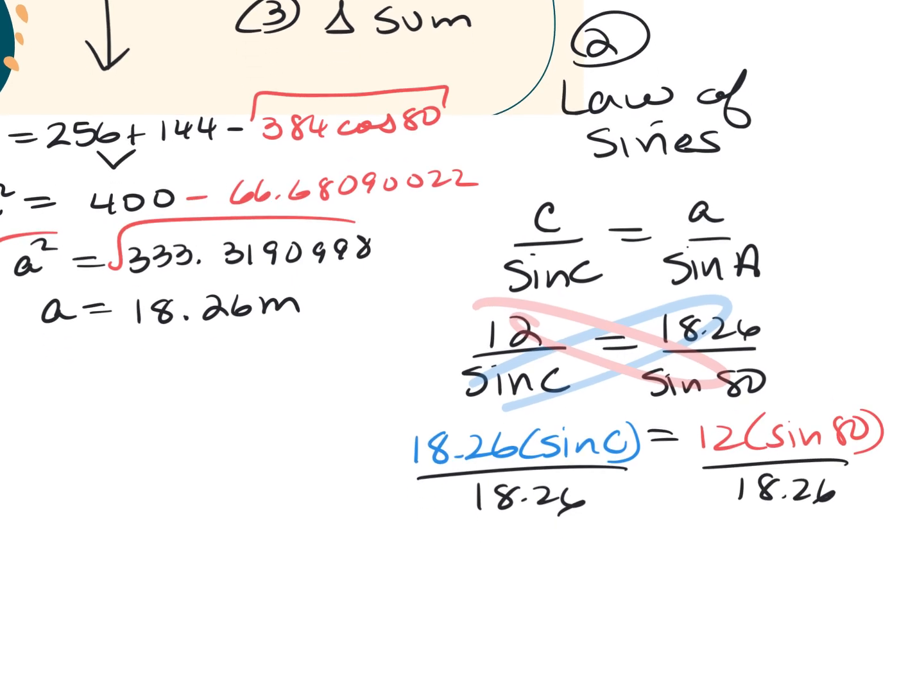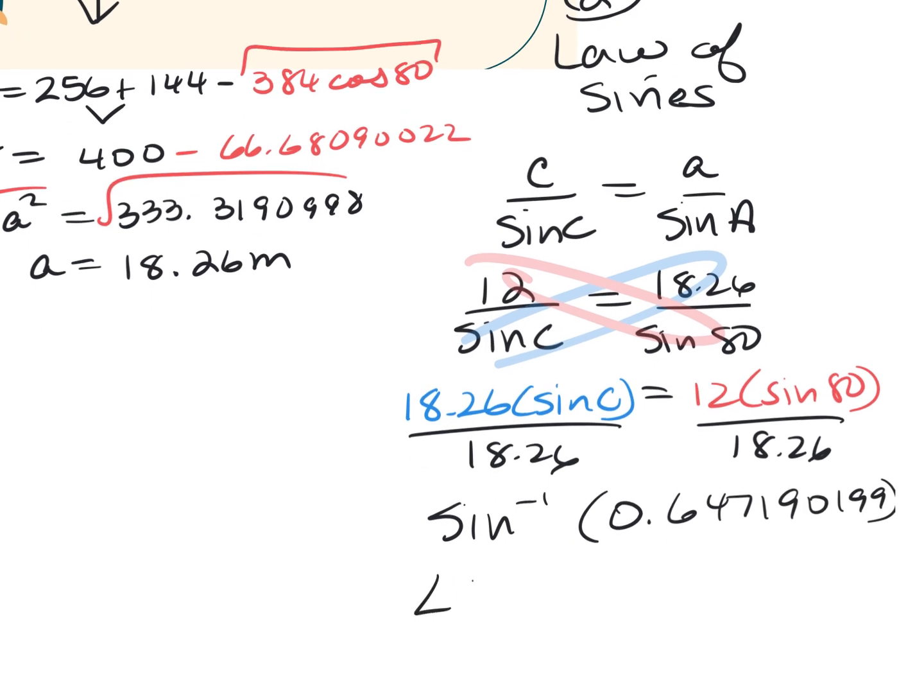And again, remember you're looking for an angle measure, so we're doing inverse here. So I'm going to be putting in 12 times the sine of 80 divided by 18.26, 0.647190199. Once I do this, I get angle C is equal to 40.33